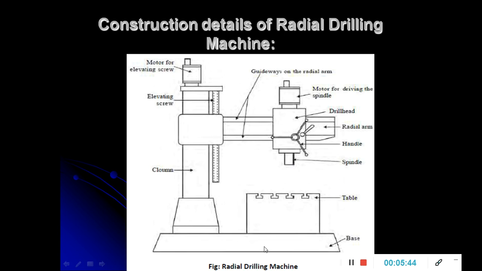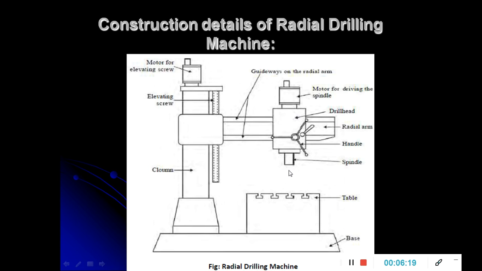So the main parts of this drilling machine are base, column, radial arm, drill head, and elevating screw for movement of this radial arm on the column. Two individual motors have been used here. One motor is used to move this radial arm on the column with the help of an elevating screw, and this individual motor is used to give the rotary motion to the spindle,